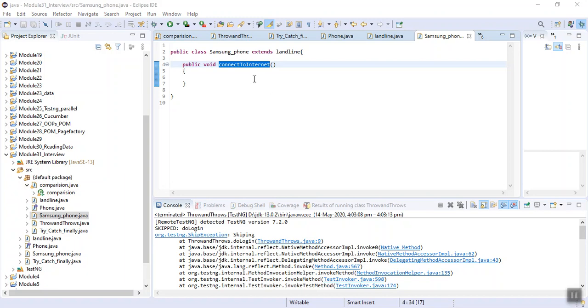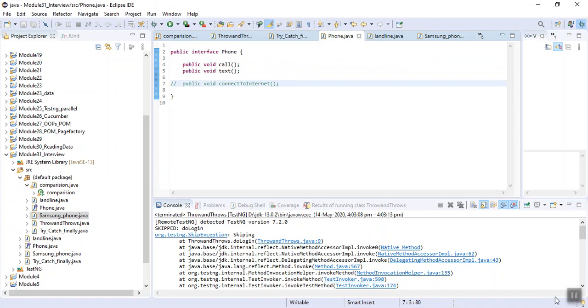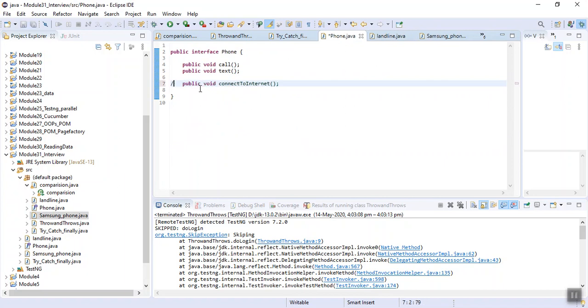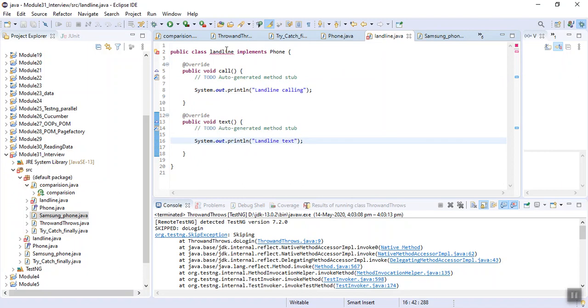Remember, it is not part of the interface. I have commented it. If I go to my phone and make it uncommented, you will see an error. So what is the solution?